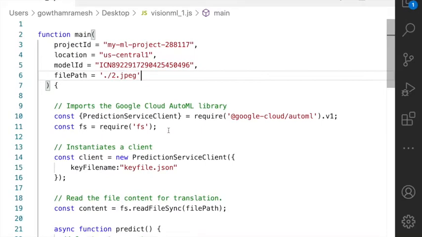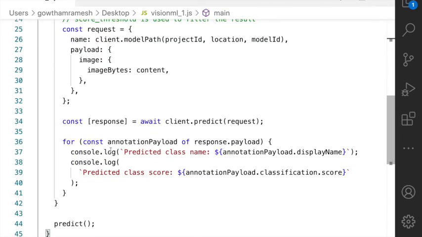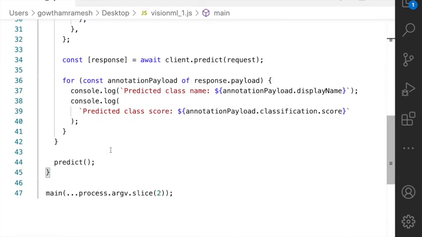In this Node.js program, I'm going to send a sample file to GCP and, using the trained model, predict the class of the image. This is a preloaded program. Explaining this program is out of the scope of this presentation.